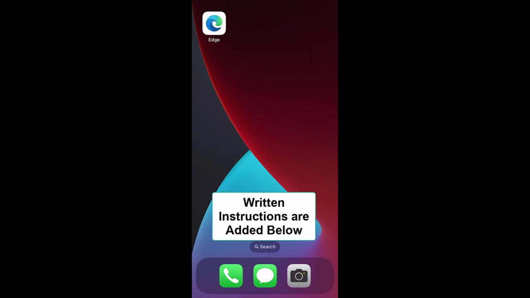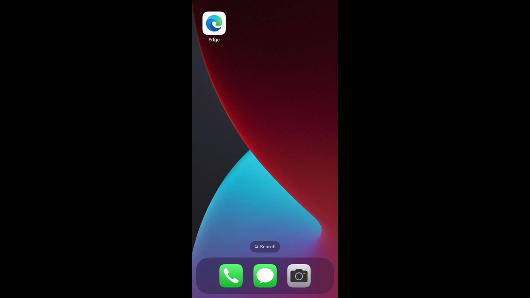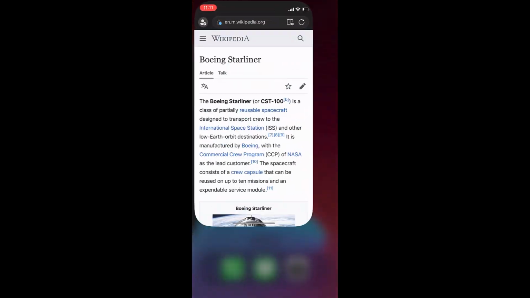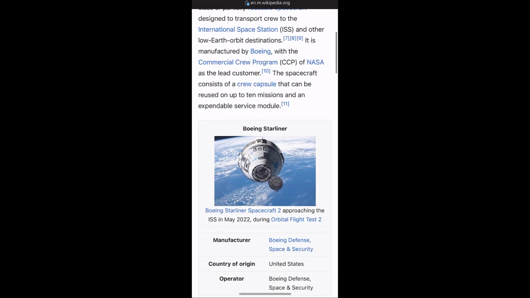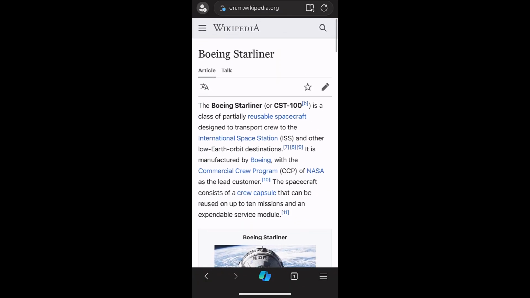In this quick tutorial, I'm going to show you how to view the desktop site in Edge app on iPhone. So launch any website in your Edge app and say suppose this is the website that I want to view